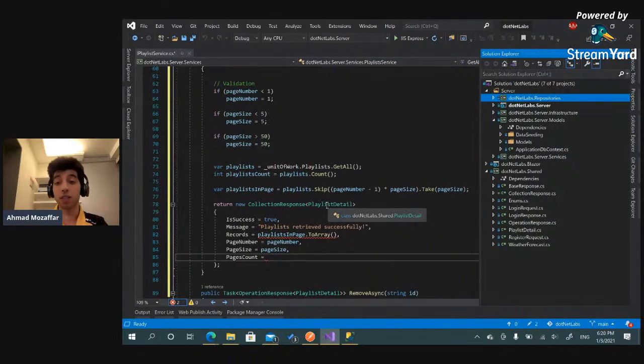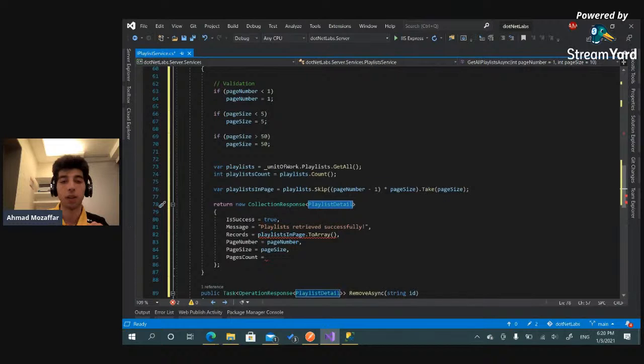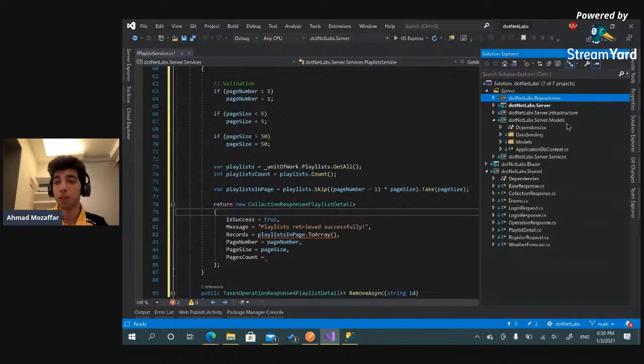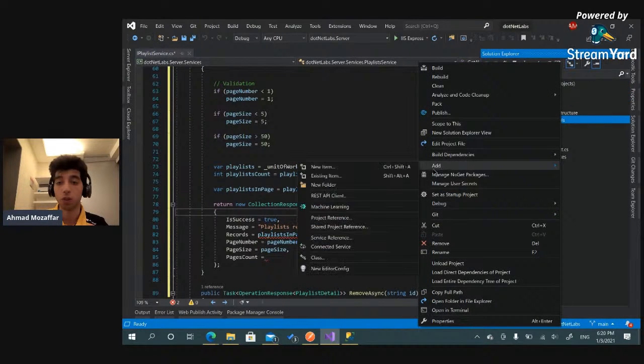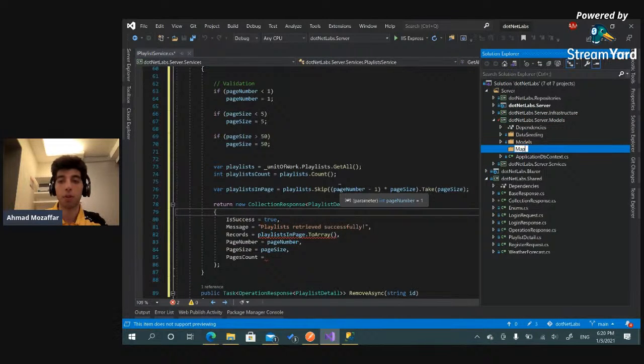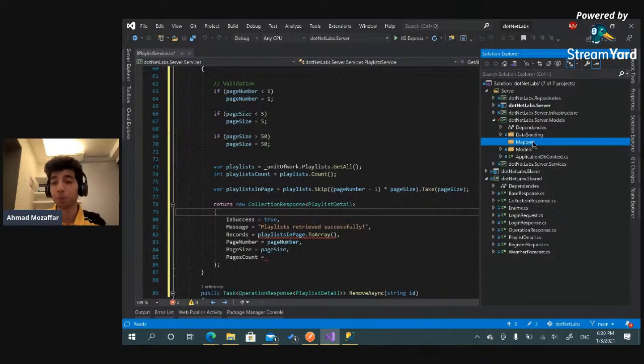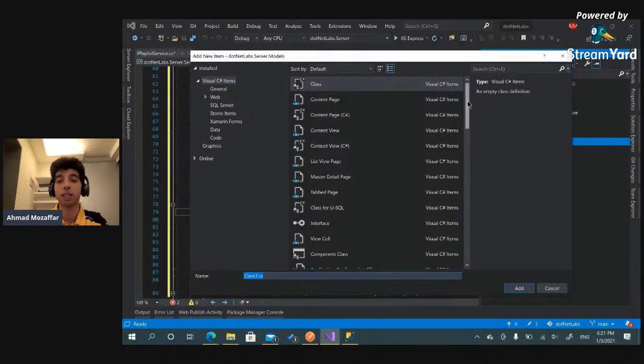This translation has a lot of ways to be done. One of the ways is to use AutoMapper. One of the ways I'm going to show you right now, which I prefer because it's pretty simple, converts the data from the business model type into the data transfer object. To do that, in the models project I create a new folder and call it mappers. In this mappers folder, I create a set of static classes that contain a set of extension methods. So I'll call this one